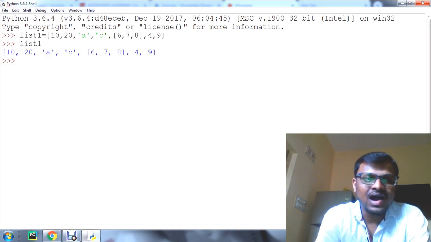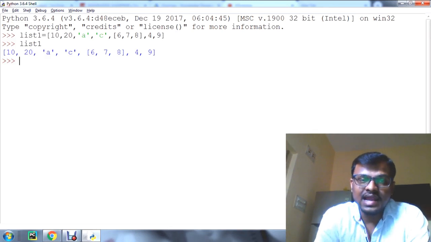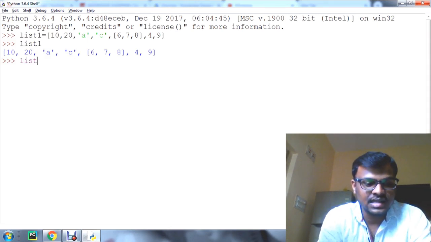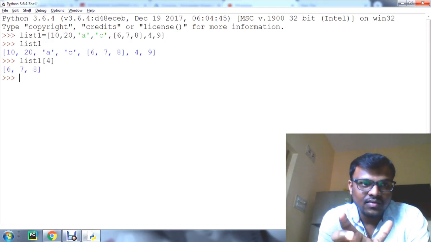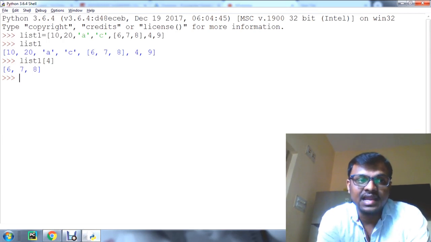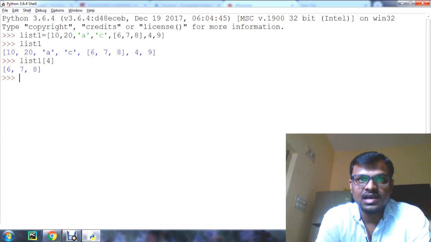If we want to access the list elements, you know that by using the index value we can access them. For example, list1[4], if I give it like this, the 4th index element, that is the 5th element, will be displayed like this.